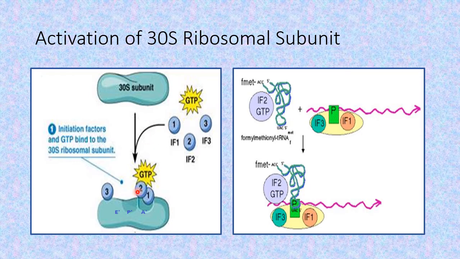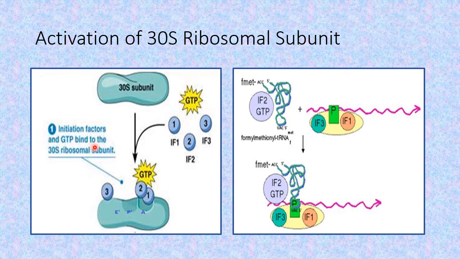Now we have the charged transfer RNA. We have got association of the messenger RNA with the ribosomal unit, the 16S ribosomal RNA present in the smaller subunit of the ribosome. What remains is the association of this ribosome messenger RNA entity with the charged transfer RNA. So, in the next step,